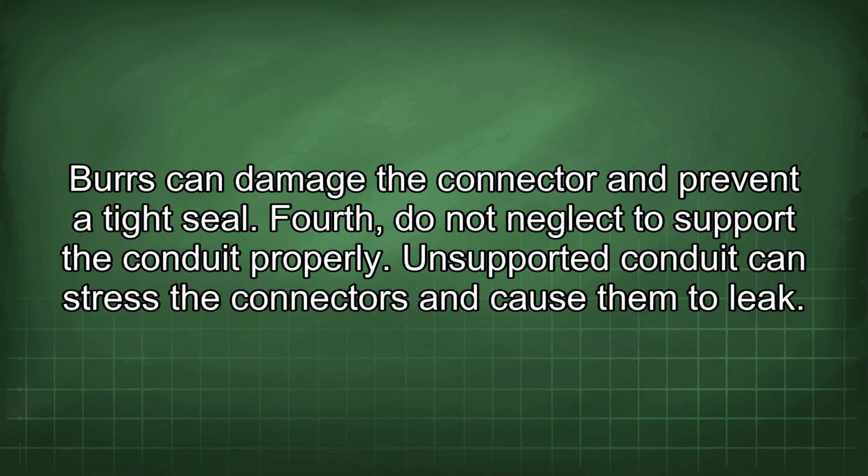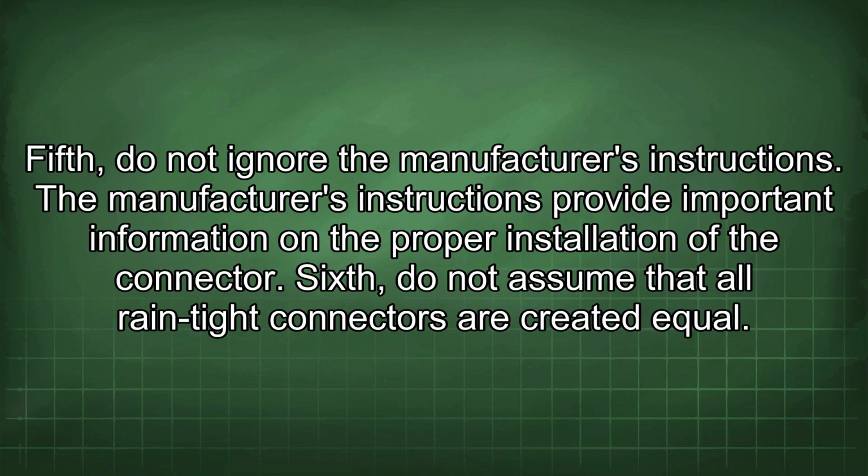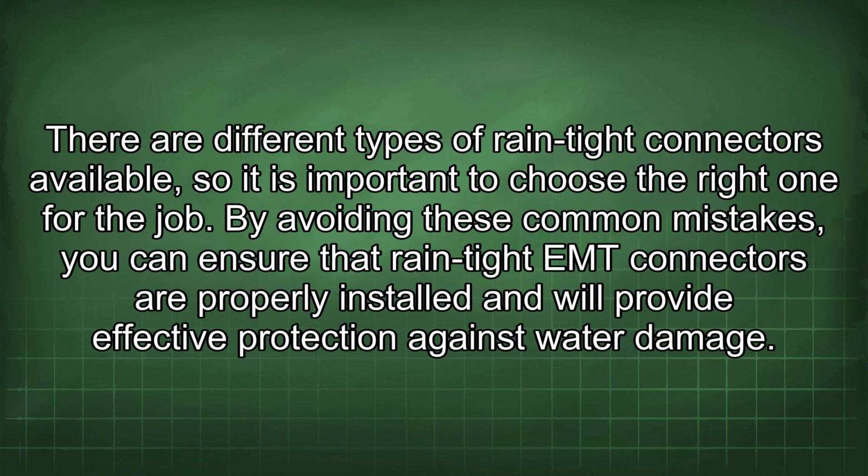Fourth, do not neglect to support the conduit properly. Unsupported conduit can stress the connectors and cause them to leak. Fifth, do not ignore the manufacturer's instructions. The manufacturer's instructions provide important information on the proper installation of the connector. Sixth, do not assume that all rain-tight connectors are created equal. There are different types of rain-tight connectors available, so it is important to choose the right one for the job. By avoiding these common mistakes, you can ensure that rain-tight EMT connectors are properly installed and will provide effective protection